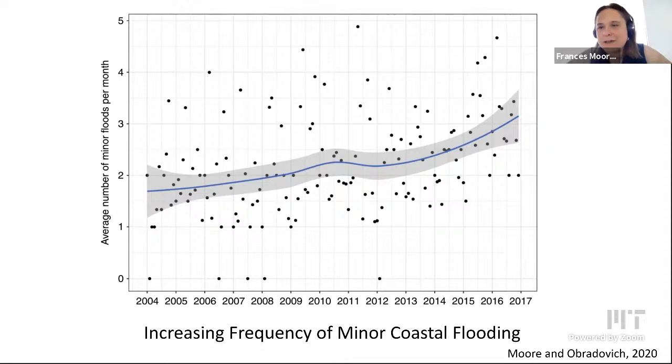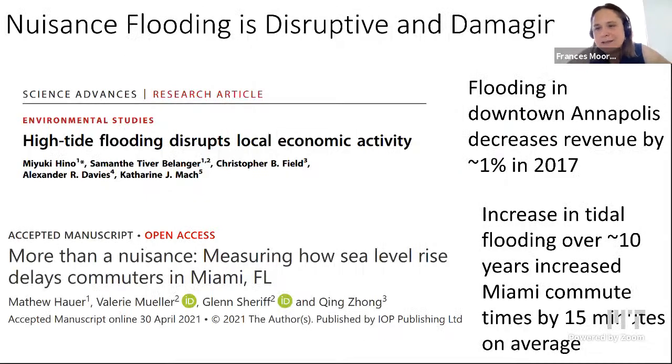And so even though it's called nuisance or minor flooding, these things are consequential. Certainly if they happen frequently and affect a large number of people, the aggregate cost of them could be really high, even if they're not super salient or each individual event is not a major disaster. And so I'm just pulling out two fairly recent papers.